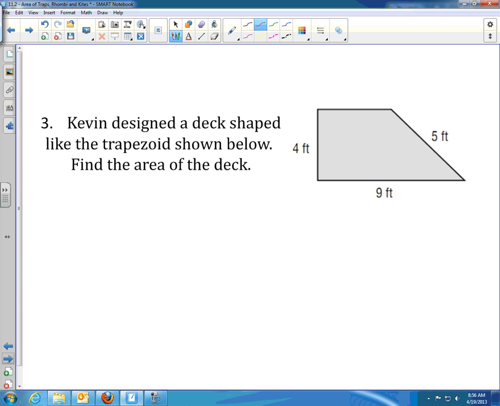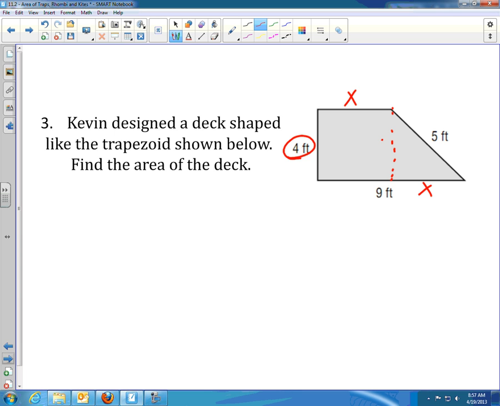All right, take a look at this next one. Kevin designed a deck shaped like the trapezoid shown below or off to the side. Find the area of the deck. Well, I notice here that we're missing this top base, and we need to find that. So we're given both the sides, and so we have our height, which is our 4, and we need to find that distance. Well, the distance below is 9, and I can't say that I know that that x distance is exactly half, but if I drop this down,